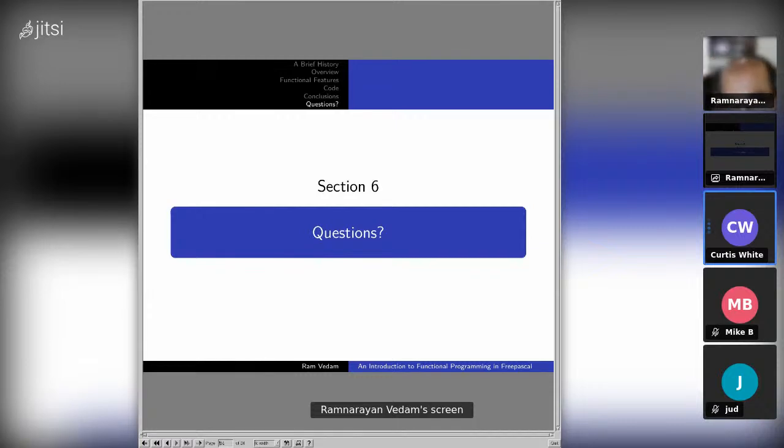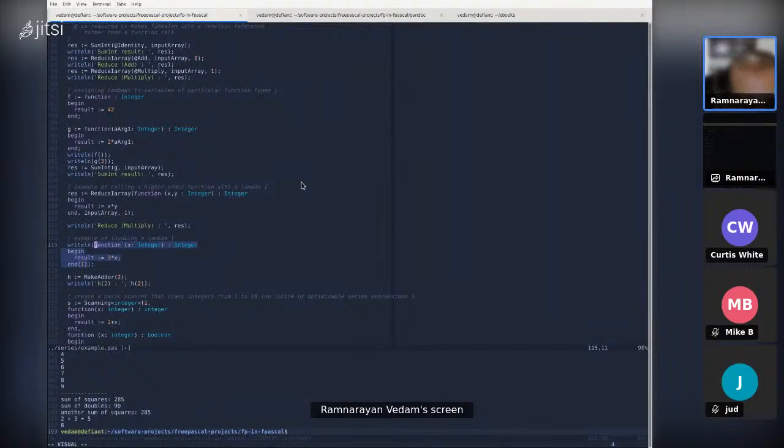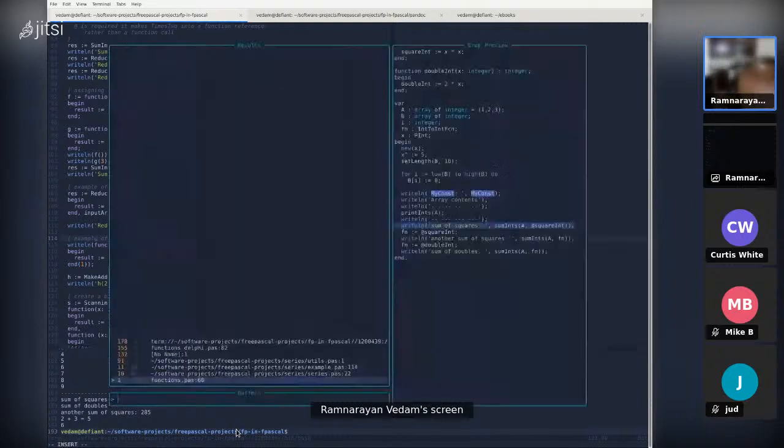So does Free Pascal then have an interface definition? Yes. I thought I had shown this, but I can certainly give you an example. Let's see. Do I have a unit here open?